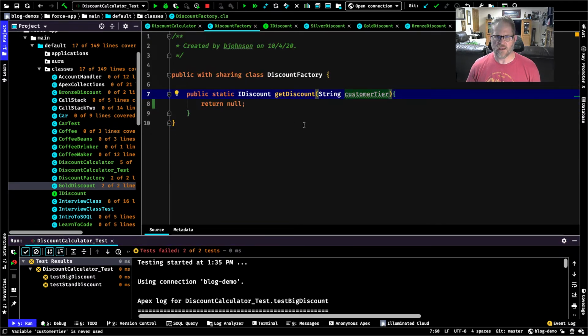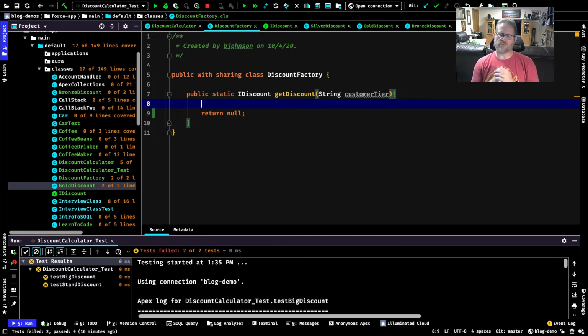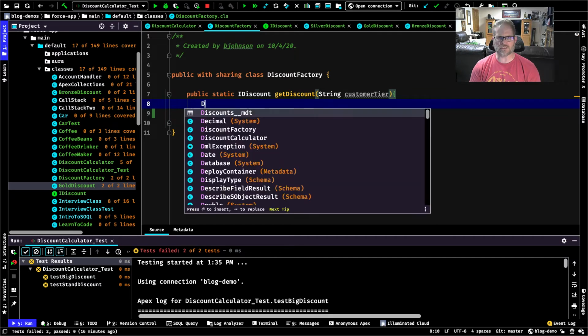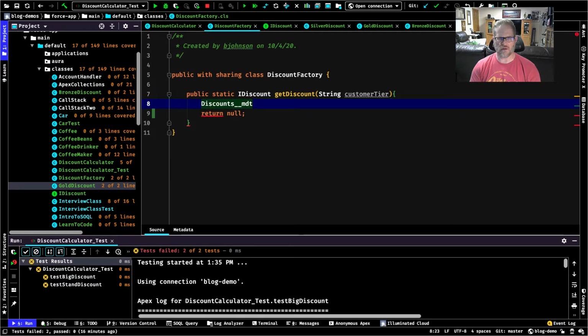That all works now. Okay, so now how are we going to return something? Our discount calculator, remember, has an opportunity with a customer tier value of gold, right? So it's calling our discount factory saying, hey, send me back a discount interface for a customer tier of gold. So what do we do now? Using custom metadata. We're not going to hard code this stuff. So first of all, we're going to query our custom metadata. So let's say discount_MDT, and we'll call it our